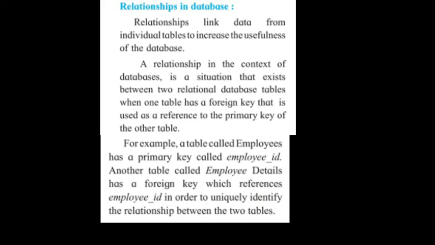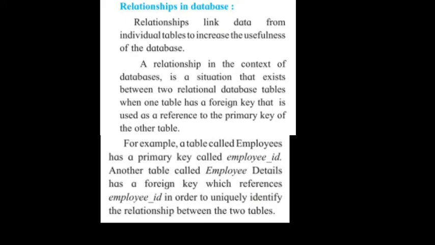So I will give you one example of how we maintain a relationship between multiple tables. Suppose I have a table named ABC table, which consists of 5 rows of information. I have another table, XYZ, which also consists of information. How can I interlink these tables, or establish the relation between these two tables?